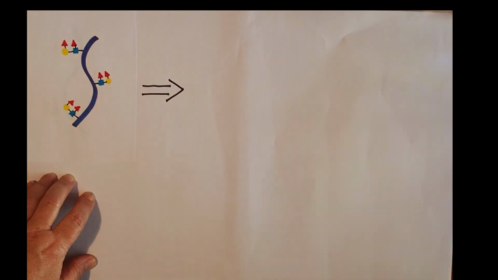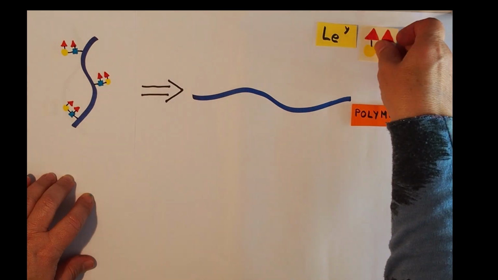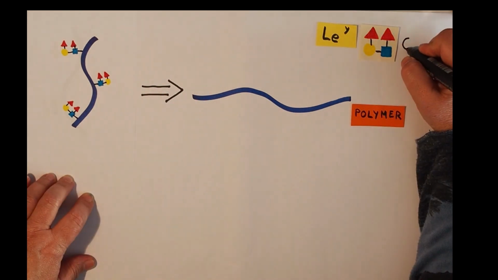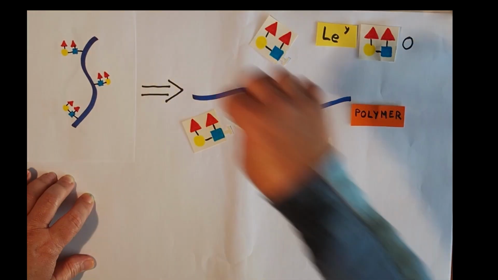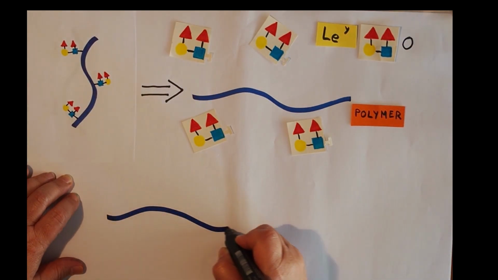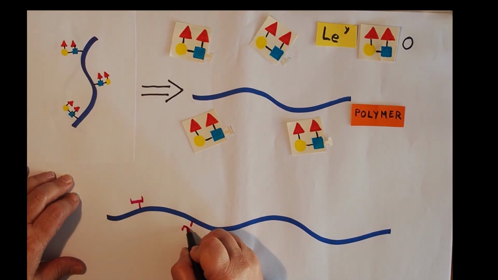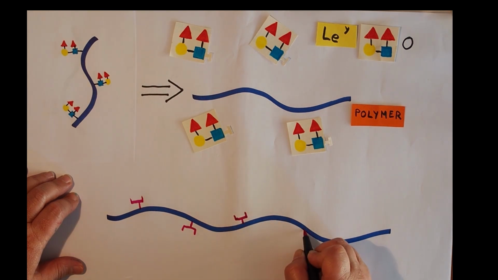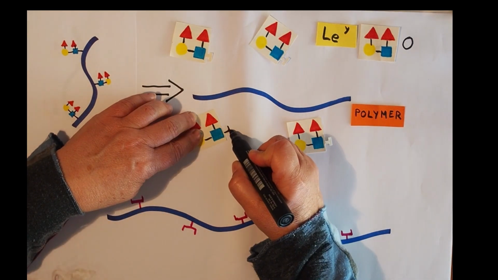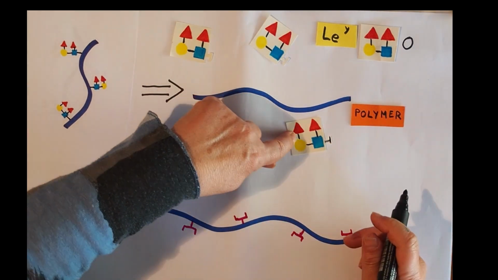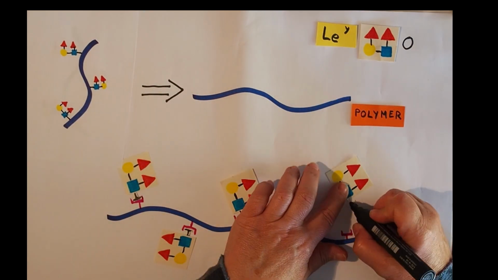But how can a mucin-like structure be built? To answer this question, it's required to understand that there are two parts in these structures, the polymer and Lewis Y sugars. The Lewis Y cannot be linked to the polymer. For this reason, a chemical click reaction is needed to link the polymer with Lewis Y. So it means that a bio-orthogonal reactive group will be added to the polymer as well as to the Lewis Y sugars. Then it will be a reaction just between them, achieving a well-defined single structure, a polymer derivatized with